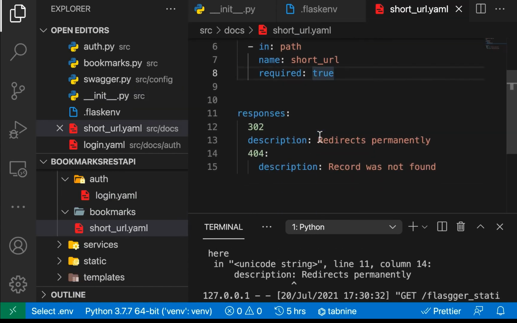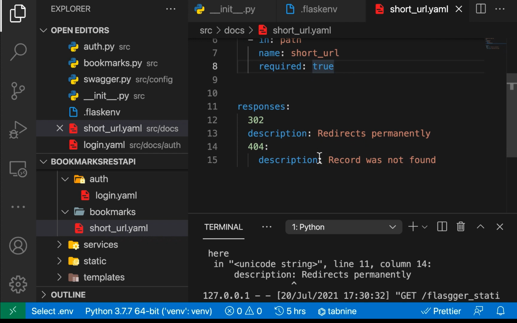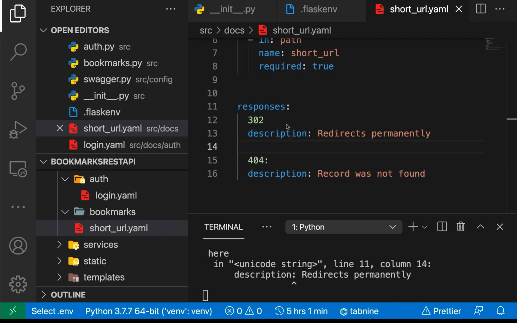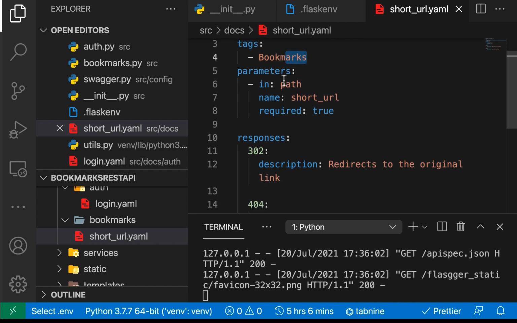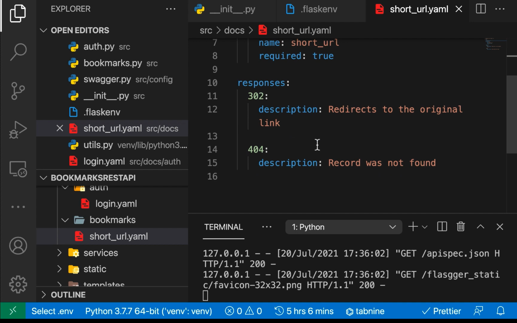The way we are defining our responses, we need to make sure that this is behind. So we have responses. Oh, we need to have this here. Yeah, so you want to make sure your YAML is formatted properly. Okay, so now we just need to make sure that our things are correct. So we have this simple description, we have the tags, we have our responses,